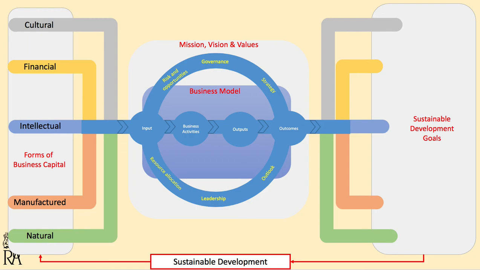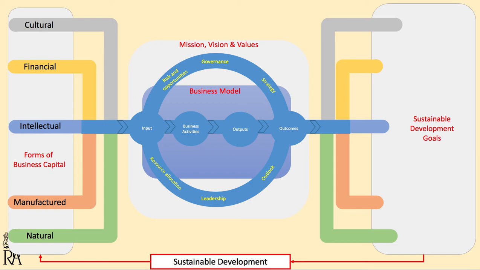So a business there would have some input, some activities that we just talked about, some outputs and some outcomes. And the outcomes, hopefully, would then be in the form of capital. So they could be in the form of cultural, financial, intellectual, manufactured, or natural. Now, for a successful business, we need to have it to be sustainable. So the bottom of the diagram there, you can see